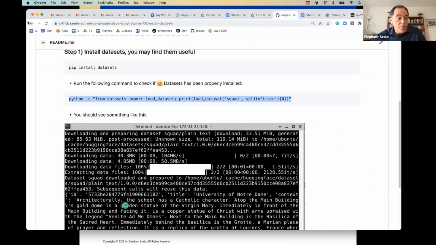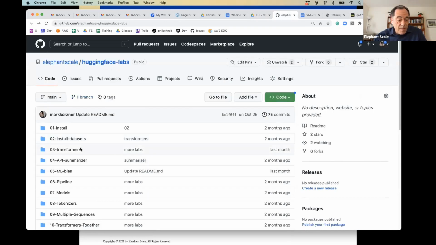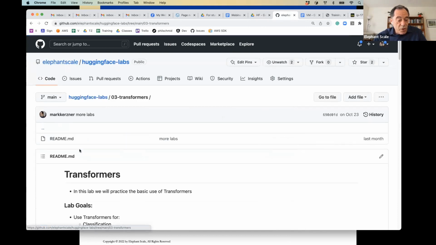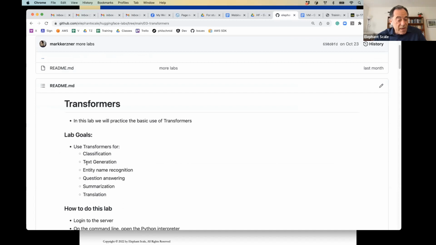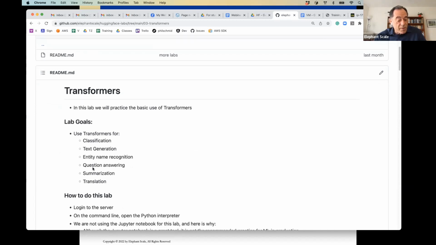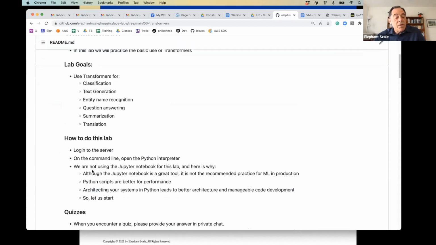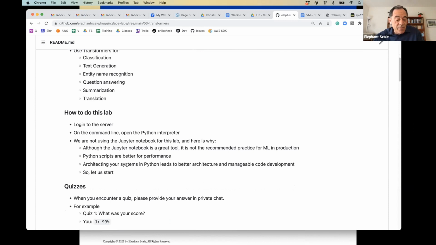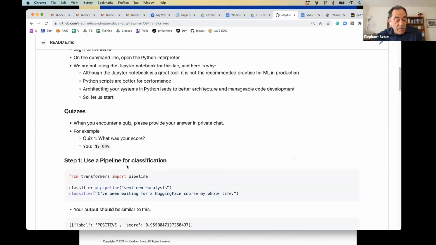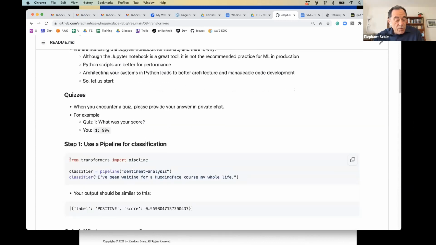And now we're going to lab number 3. Transformers. It shows what you can do out of the box. What we will do is classification, text generation. We'll do all of that. How do we do it? We are all logged into your server. And note that I don't use Jupyter Labs, because then again, it works magically and you don't learn. That's the unfortunate thing. But instead, I'm just saying, take this code and put it into the